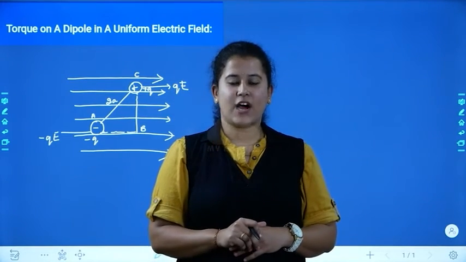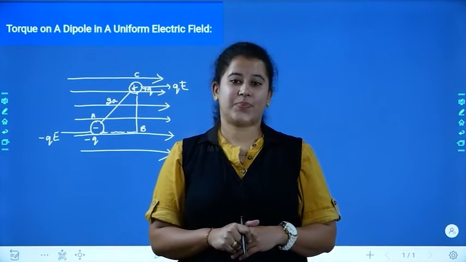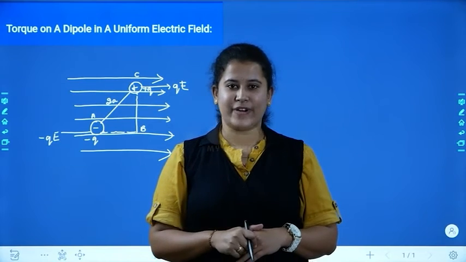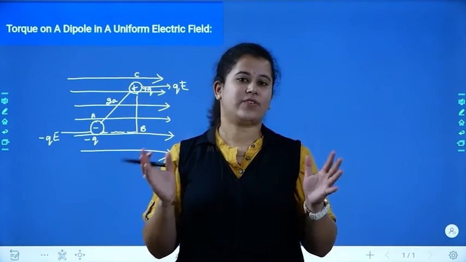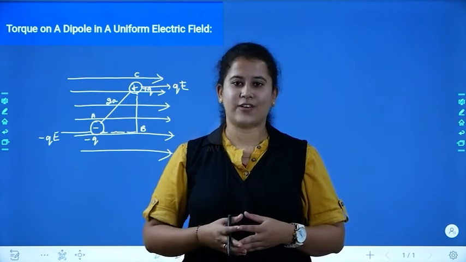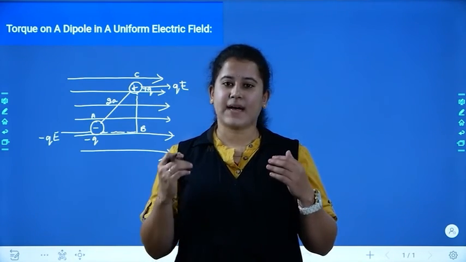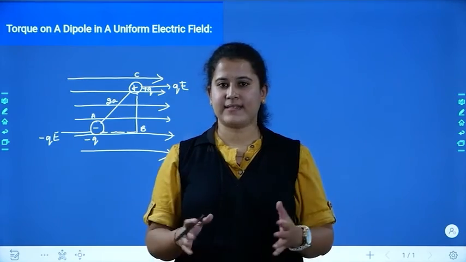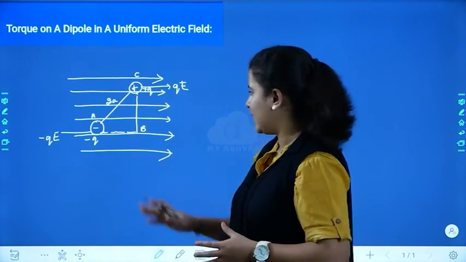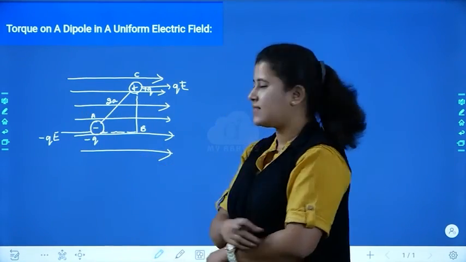So now we'll find out the torque experienced by a dipole in an electric field. So we have seen what torque is in the first year PUC, whenever we were studying rotational motion. So why is this coming inside electric field? So the first point here is, whenever I consider a uniform electric field, it is moving here like this in this direction.